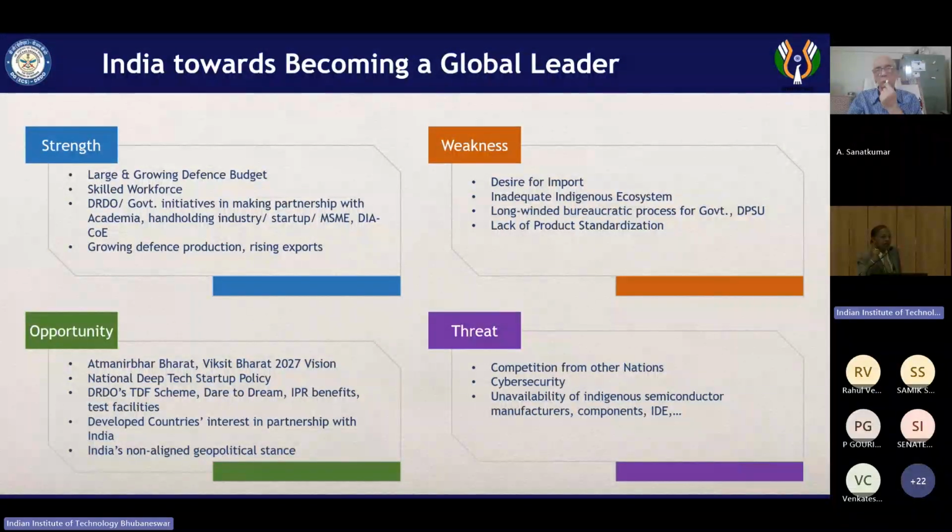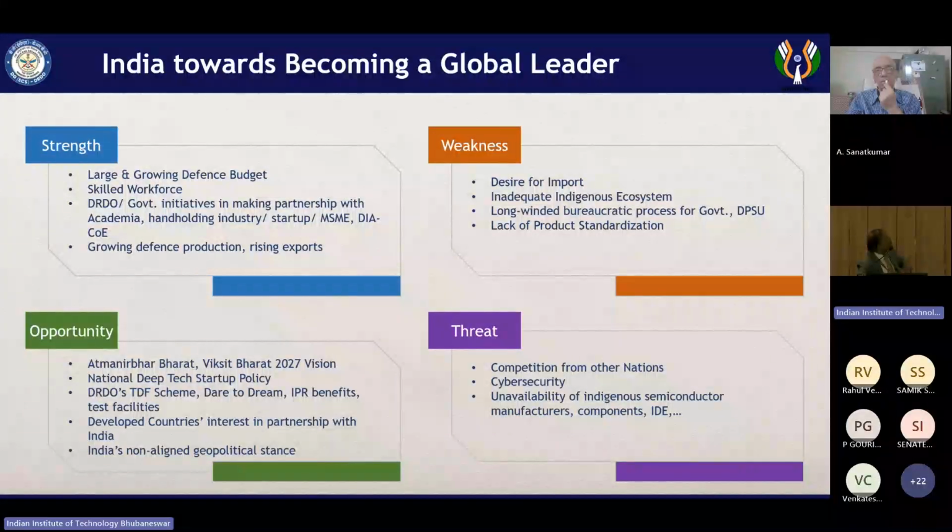Desire to import has come because we have to trust our system. Our industry should be able to scale up their production value, that is what our armed forces need. We can't launch a beautiful missile today and tomorrow look for our kitty whether the next missile is available. So our industry bandwidth also must increase for that.